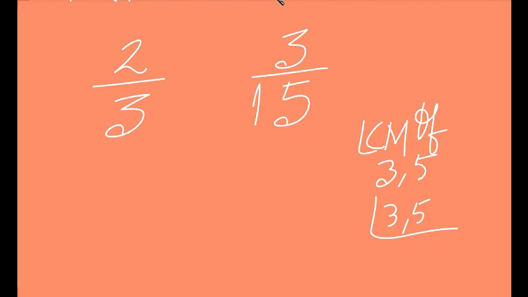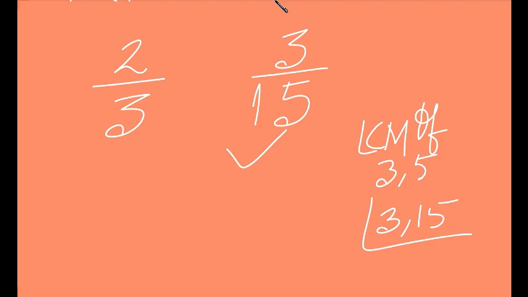If it is 15, will you write 3 and 15 and do the factorization? No, don't do that, please. You should know those kind of multiplications. Now if any one is a multiple of the other, for example here 15 is a multiple of 3, right? This 15 is a multiple of 3, this denominator, so your LCM will be 15 directly. And some people actually multiply these two. No, that is not your LCM, please don't do that.